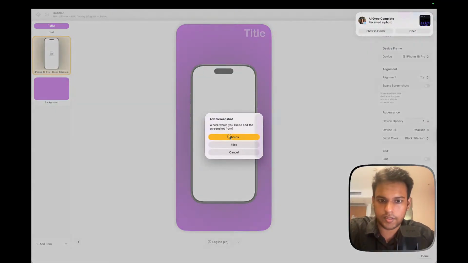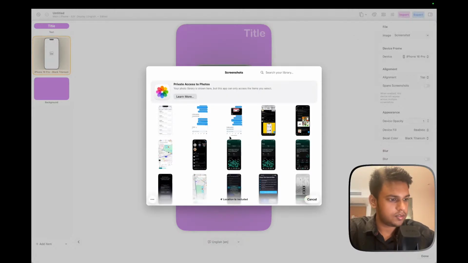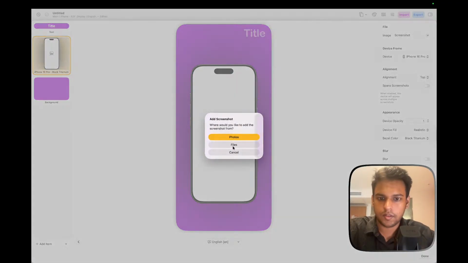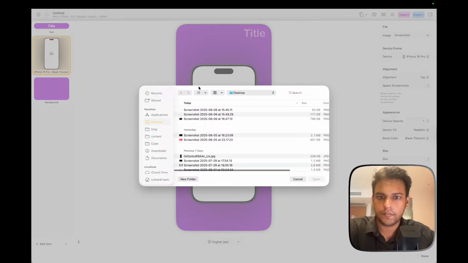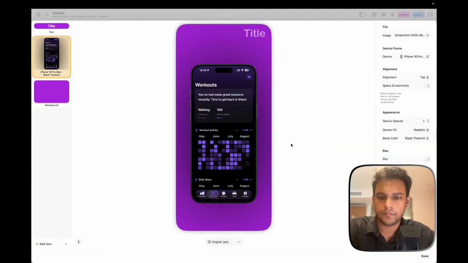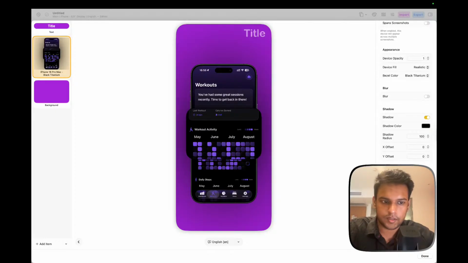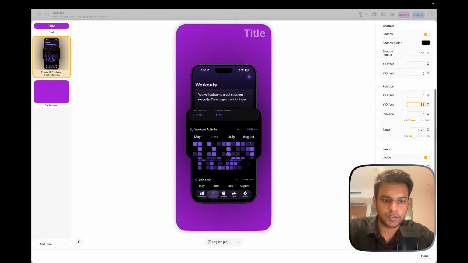And then I will just select the photos. So this is the first screenshot, and then I will have the loop effect on this, and then make the Y offset lesser. Oh no, not on the image, but here.